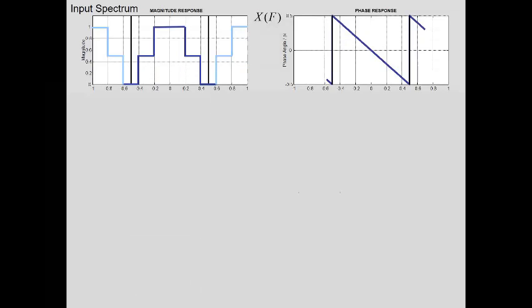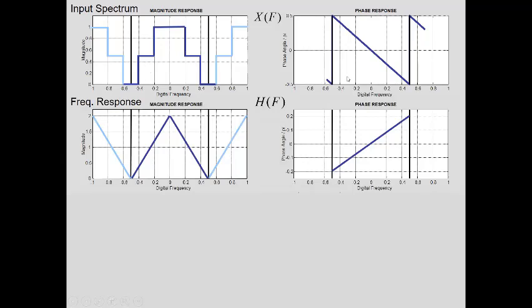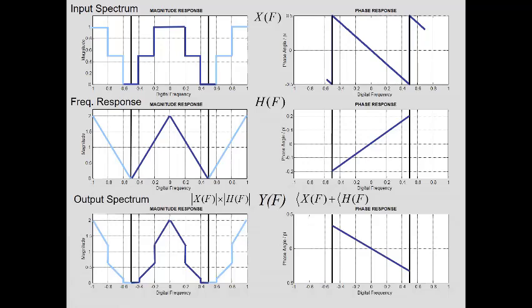We skipped through this last time, and it's worth mentioning that the process of spectral multiplication we can carry out either analytically, if we have analytical forms, or graphically as well. If we have X sub f, the complex DTFT of the input signal, and the plot of its magnitude and phase responses, and we had the frequency response magnitude and phase, we can get the graphical representation of the spectrum of the output signal by multiplying those two complex functions, which means we take the magnitude responses and multiply them